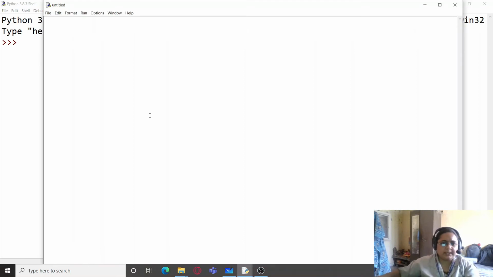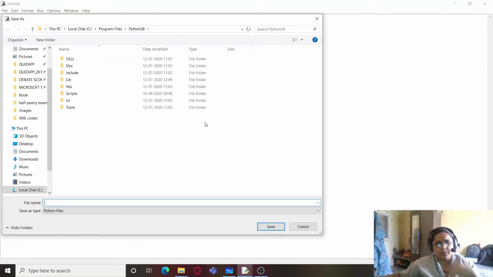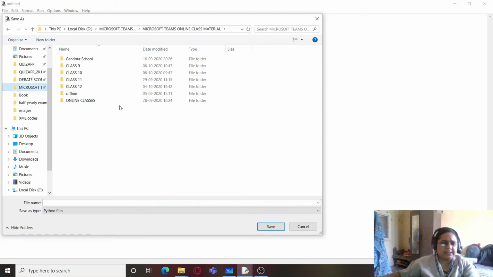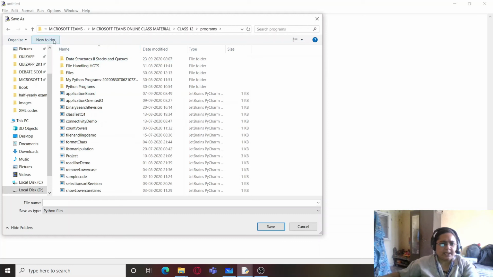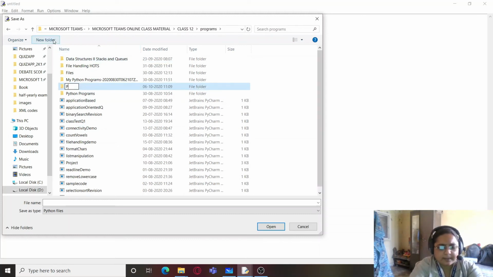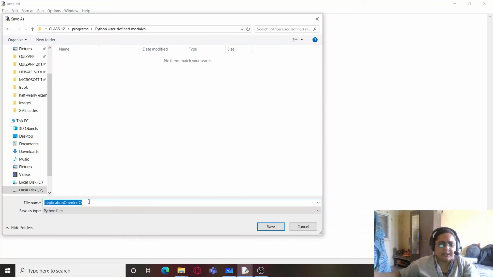I'll use Control N to create a new file, and I'm going to save it under a separate header, Python user defined modules, by the name interest.py.